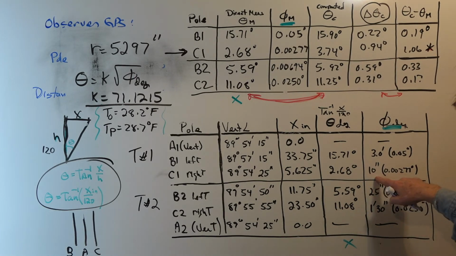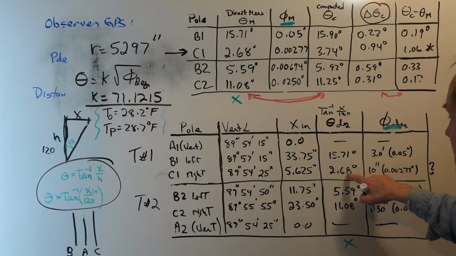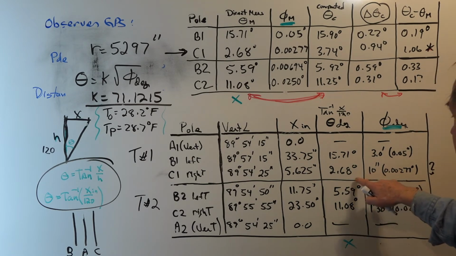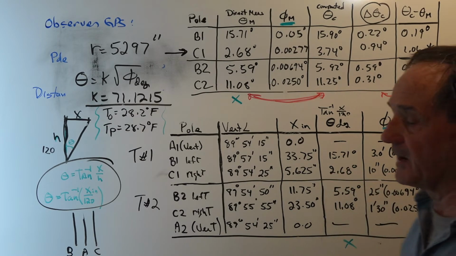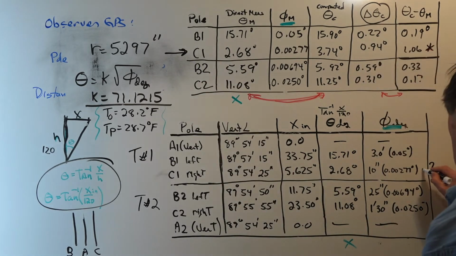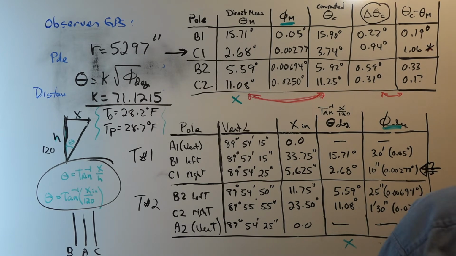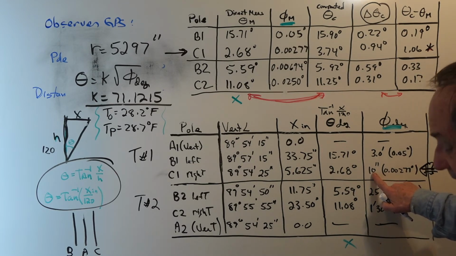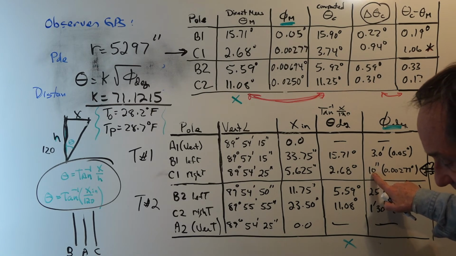difference. So this one, of course, is a little bit suspect because of such a small angle that we're trying to measure. I'm trying to resolve this 2.68 degrees with an angular measurement of only 10 arcseconds. So it's not surprising that we might be a little bit off there. And if I go ahead and say this was actually 5 arcseconds rather than 10 arcseconds,